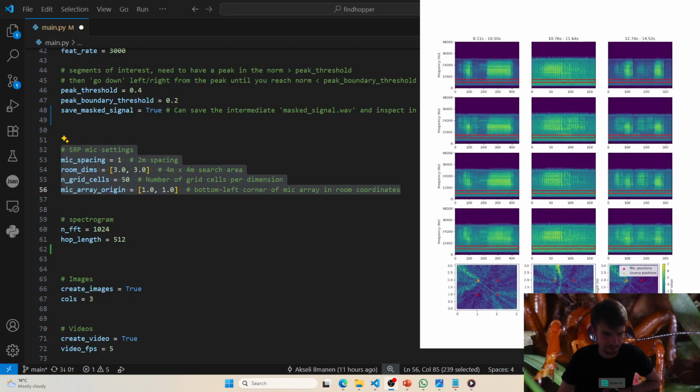These ones here. And how many columns you want. So in this case, we have 3. And then you can also control whether you want to create these videos. And the FPS here basically specifies the resolution at which